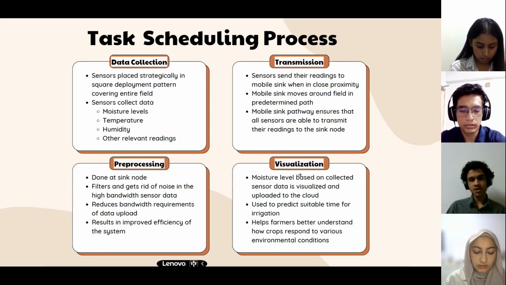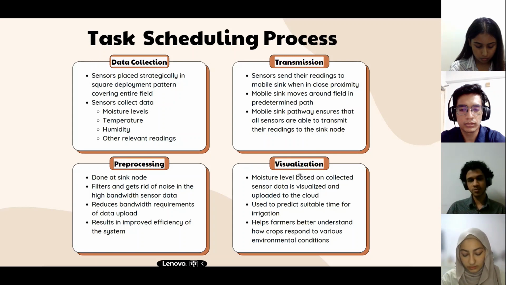So you want to pre-process it so that you can reduce the bandwidth requirements, and you can also improve the overall efficiency of the system. So that's the third step in the process. And then the fourth would be to actually visualize the data, because in reality, the system that the authors described in their paper doesn't directly control any of the water pumps or anything like that, but rather it just provides a visualization so that it's easier for farmers to better understand how to respond to these environmental conditions. So basically,